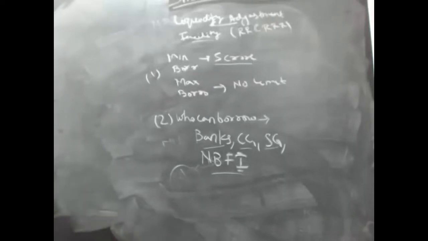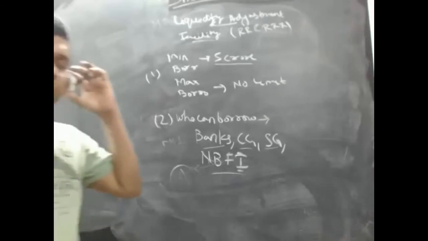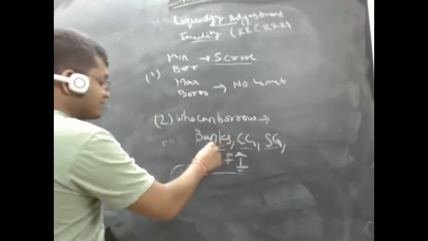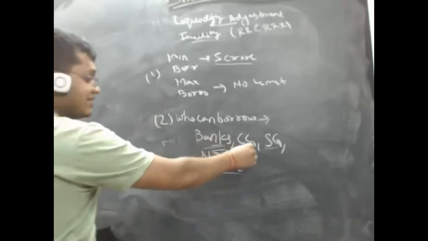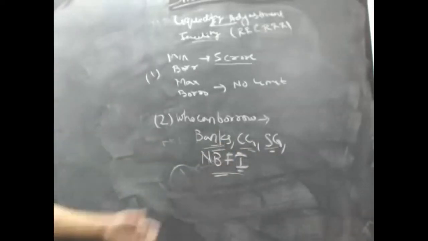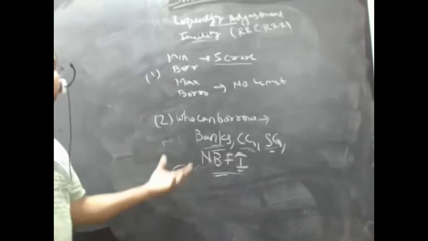Sir, industries cannot go and borrow from RBI? They have to go and borrow from a bank. No, they cannot. Then what will be the purpose of the bank? See, RBI is not a commercial bank. RBI is not into the business of lending and taking deposits. For that you have banks. But these people, central government, state government, banks, and non-banking financial institutions like LIC, need support. So RBI provides support to them.